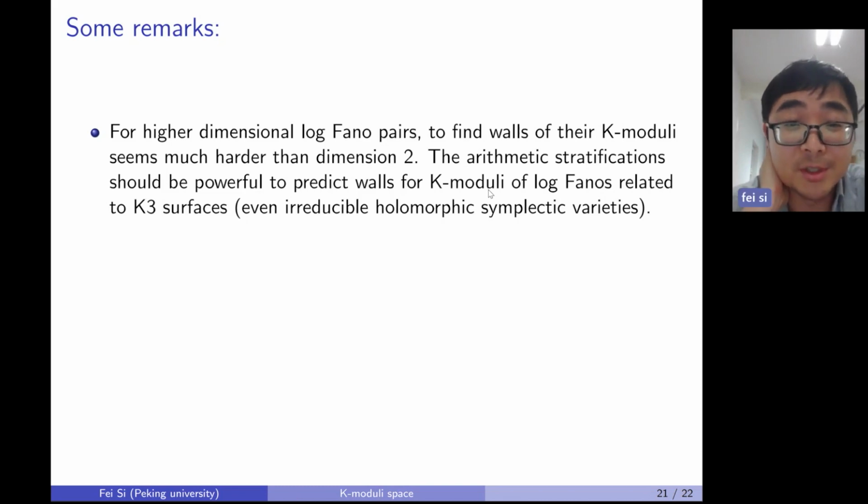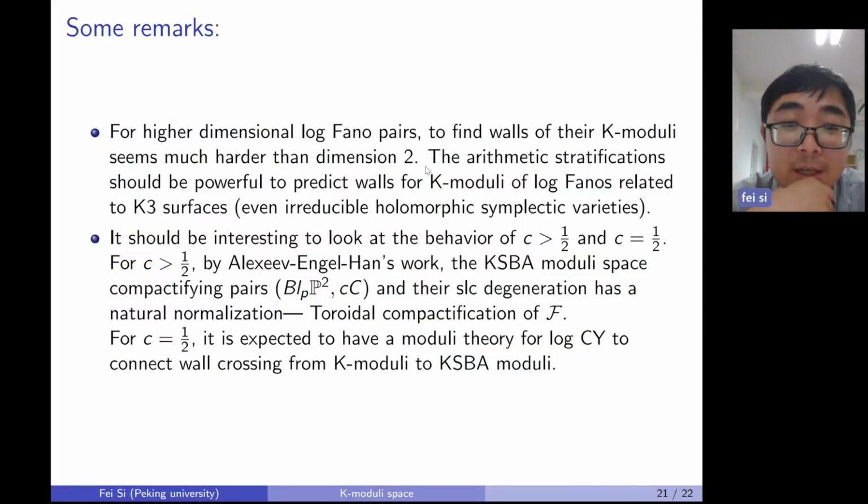More ambitious is that you can consider a similar problem for Fano varieties related to so-called hyperkähler varieties. But the drawback is that arithmetic stratification just gives the predictions. So usually you will need to also combine techniques from the K-moduli side. The last remark is that